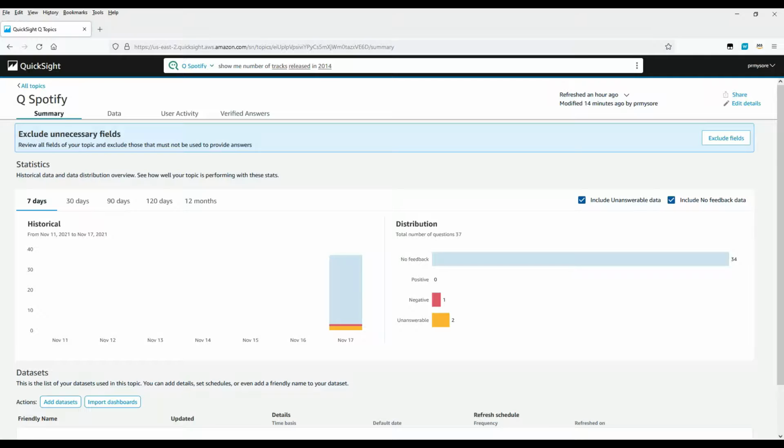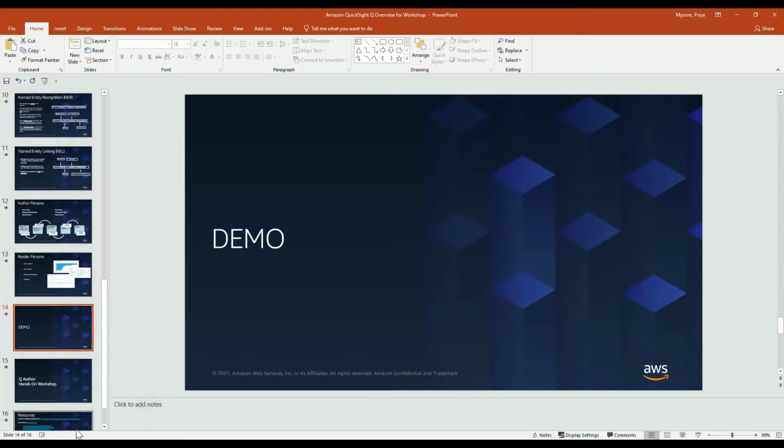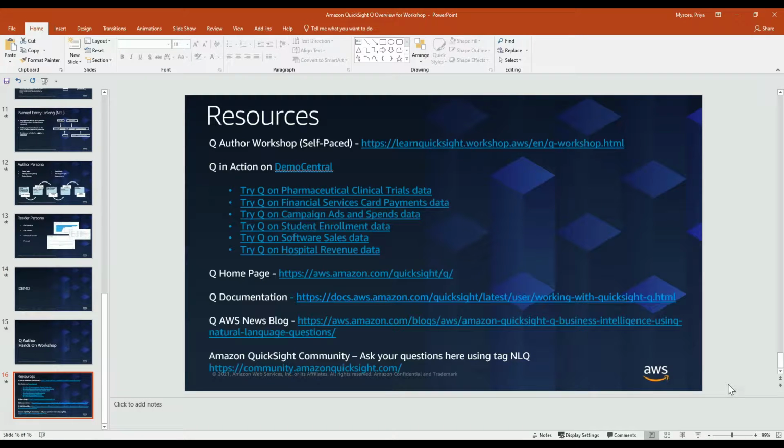Yeah, we have just a few questions that would be helpful to go over. One of the questions would be, how will Q treat and/or? For instance, show me albums released in 2014 and 2016. Yeah, so Q actually supports ands and ors. So if you ask the question, show me tracks for BTS and Taylor Swift, in natural language, you're asking, you want the results for both. Behind the scenes, the interpretation might say or, but what it's doing is it's actually doing an